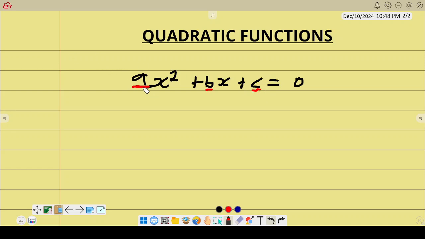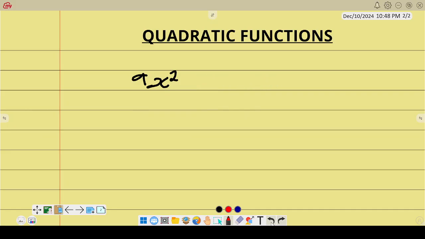These are numbers a, b, c. We call this one a constant because it has no variable. A has x squared, b has just x. Okay, so we have formed our